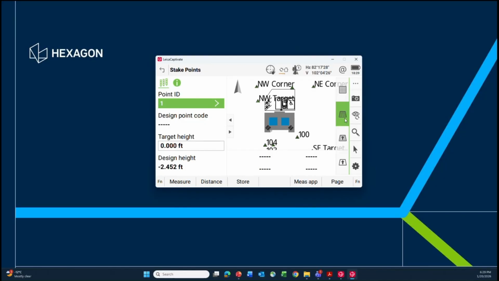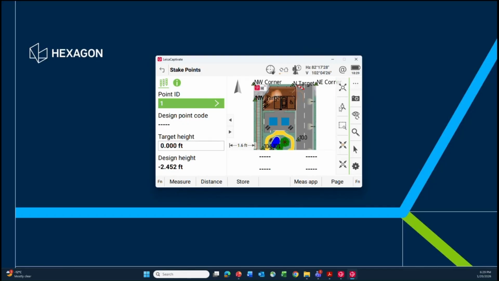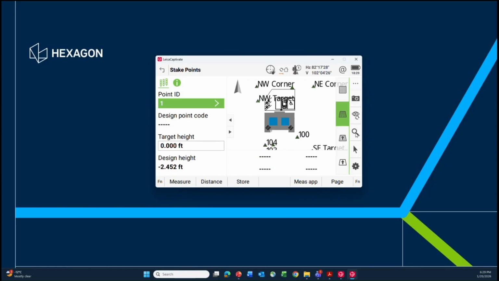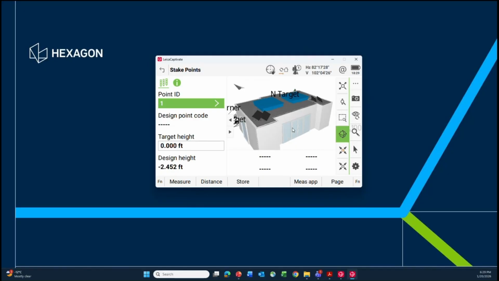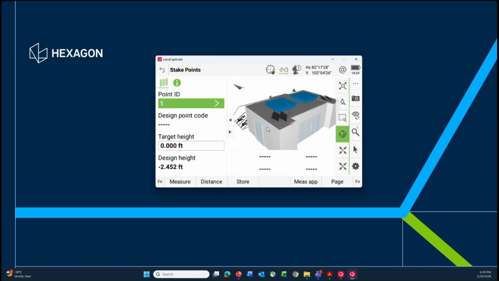When I'm in 3D view, my zoom option is giving me the orbit. So I get the orbit only when I'm in 3D view. If I go back to plan view, I don't have any orbit anymore. So the 3D view allows me to have an orbit, and I can rotate around. And in this case, you can see my IFC model, 3D model,